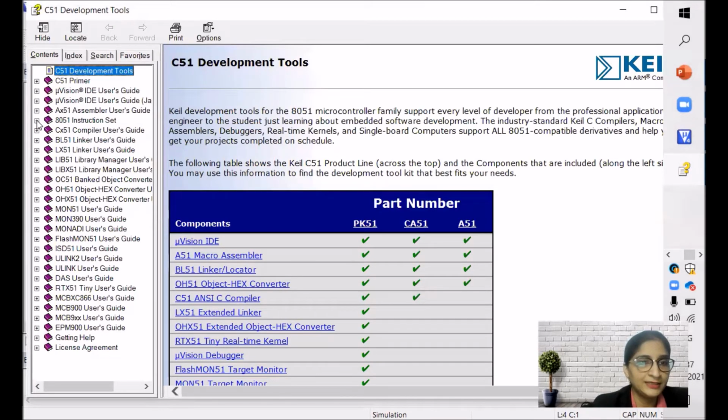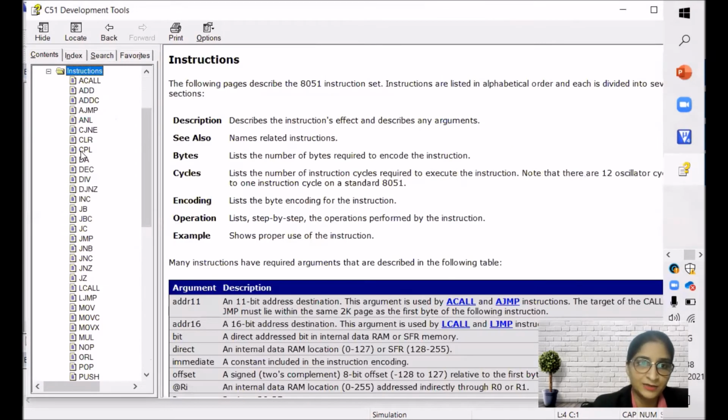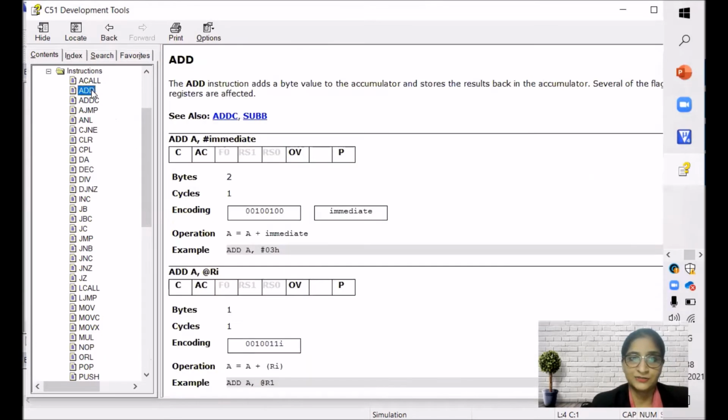So we'll be clicking 8051 instruction set. We'll double click on that. Then instruction, again we'll double click. Now we are dealing with the ADD instruction. So we'll click on that. Now we will be having different kinds of addition instruction. Like if you are using add, you can use ADD A, comma, hash 03h.